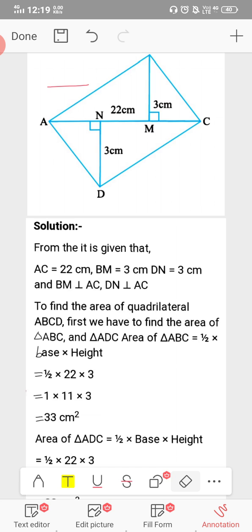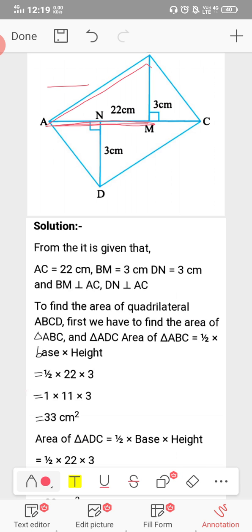In triangle ABC, this length AC is 22, so this will be the base, and 3 is the height. So in the formula we will write 1 by 2 into 22 into 3, which will give us 33 centimeters